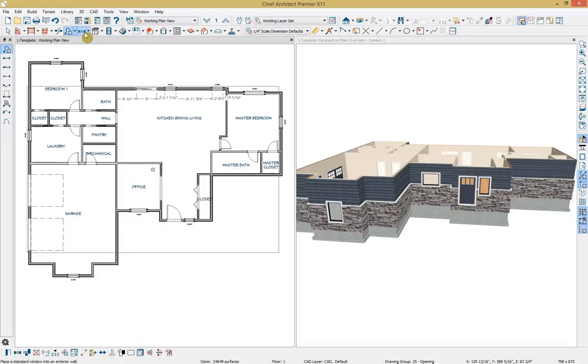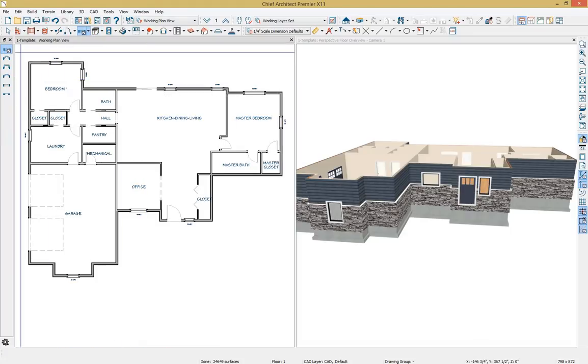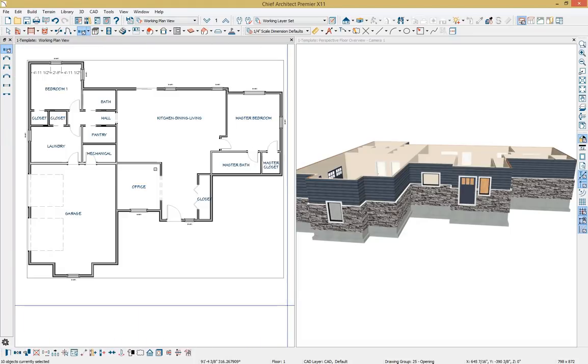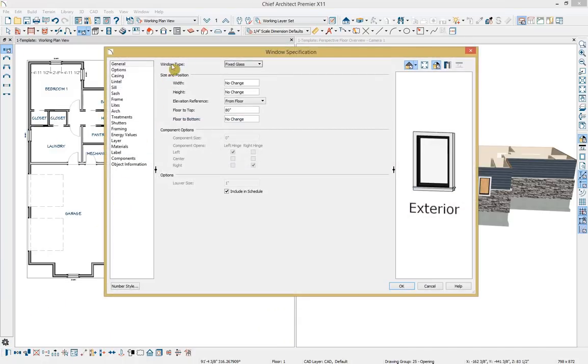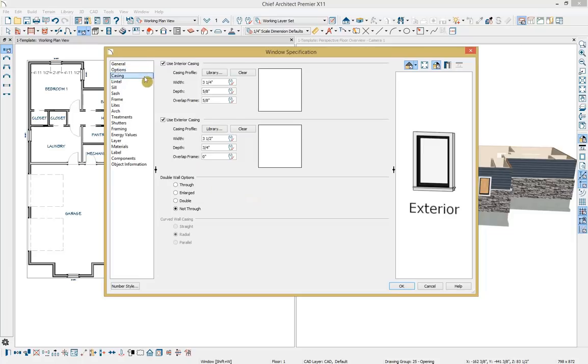And then do the same thing with our windows. Select our window tool, hold shift, select all the windows in our plan, open them up. You can see the window type and the size and position. This dialog is pretty similar to that door dialog, so that's one nice thing about Chief Architect, is you can often learn a tool or a dialog or a technique once, and that similar approach applies throughout other areas of the software. So we're going to uncheck include in schedule here, and you can see we have options again, casings,